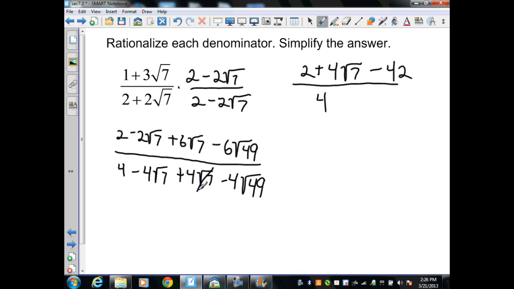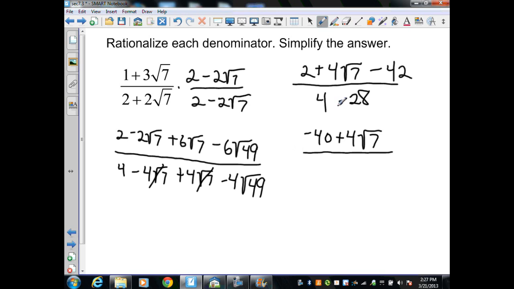My middle terms are going to drop out. And that leaves me the square root of 49, which is 7 times a negative 4, which is a negative 28. Let's simplify again. That's going to give me 2 minus 42, which is a negative 40, plus 4 square roots of 7